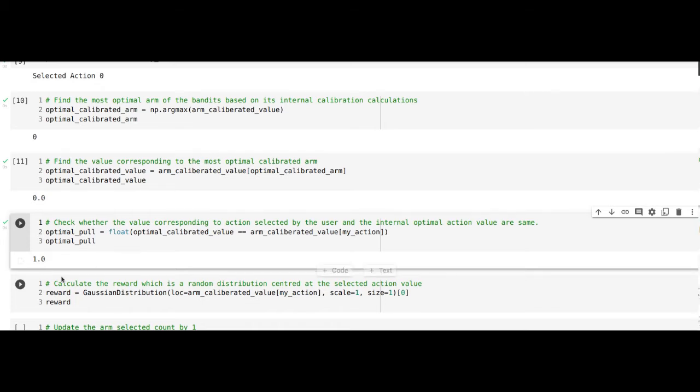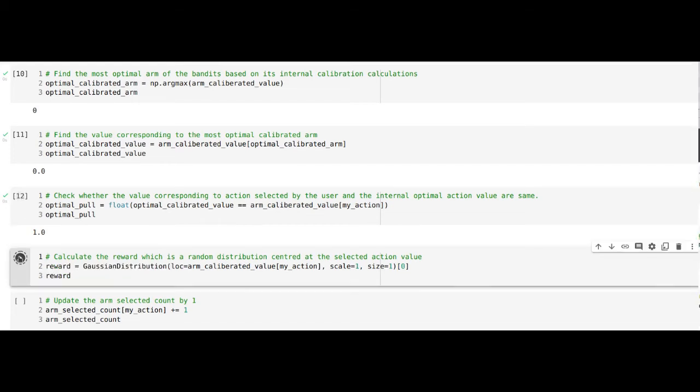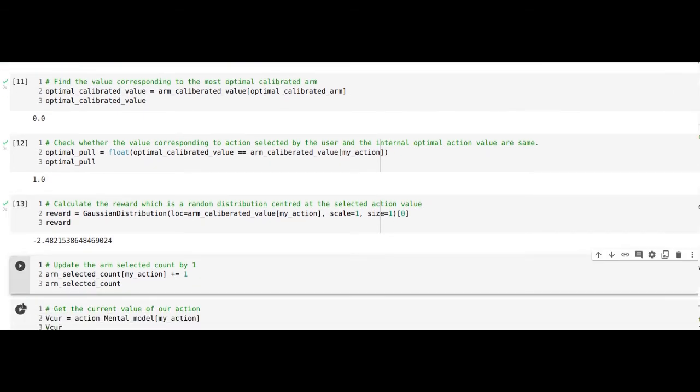Now, as I said, we generate rewards based on a Gaussian process, and we earlier said that we are adopting a non-stationary reward. So we are finding the rewards with a Gaussian distribution based on the value of that particular action which we have taken.